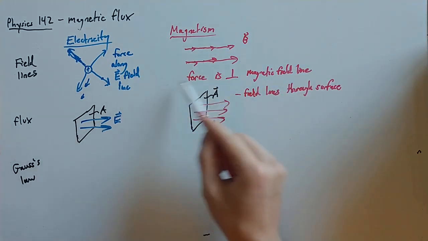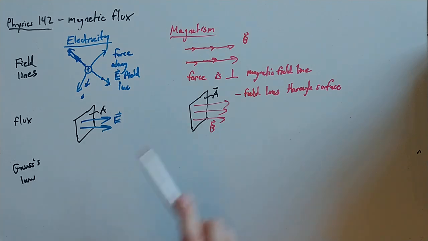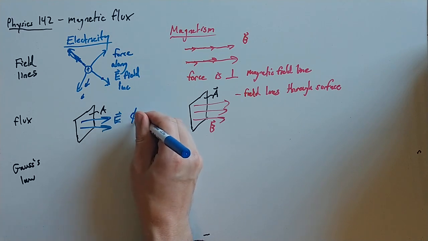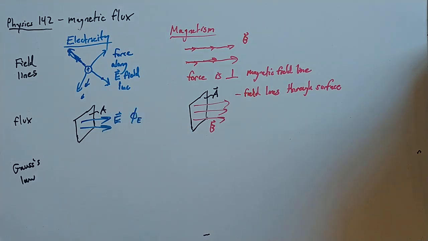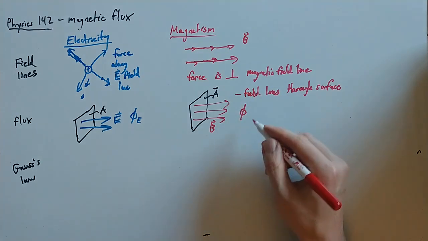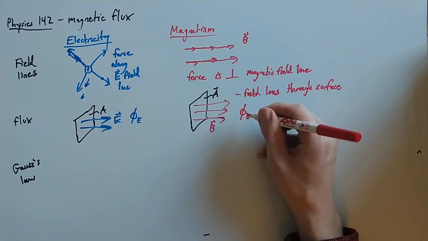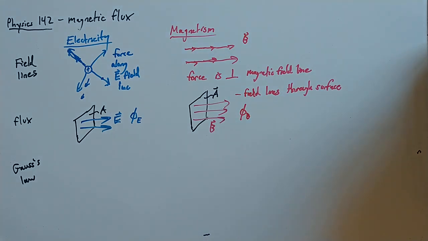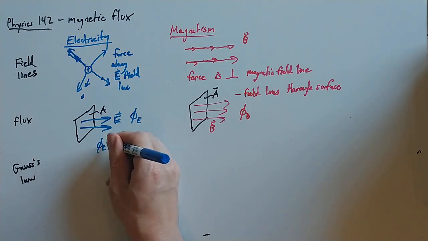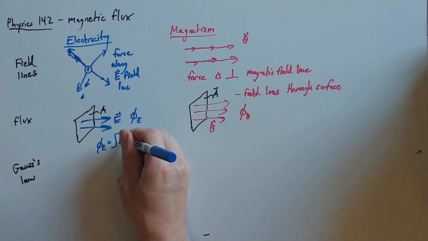So while the relationship to force is a little different, our definition of flux is actually exactly the same. For electric flux, we use the symbol phi, and we'll give it a subscript E to indicate it's electric flux. Similarly for magnetic fields, we use the same symbol. The magnetic flux is, again, phi, but now we give it a subscript B to indicate that it's magnetic. And you might remember that for electric fields, the formula we had for phi was the integral of E